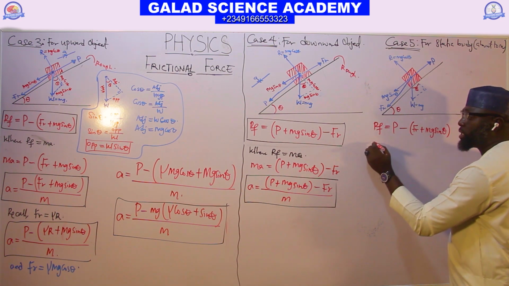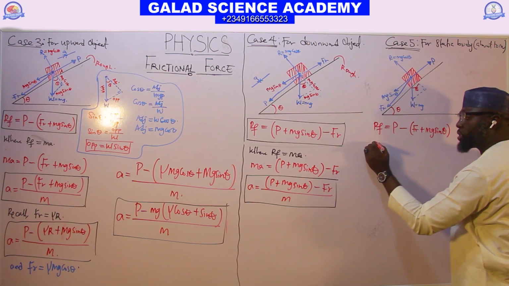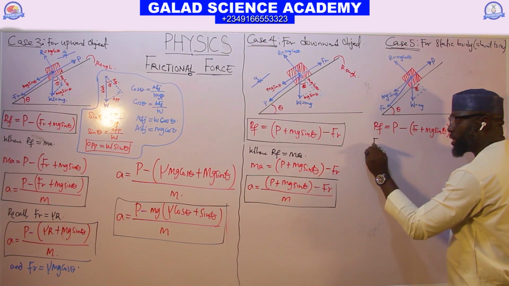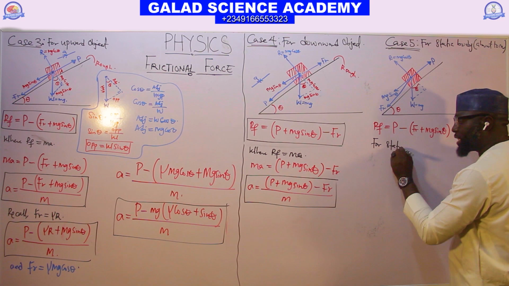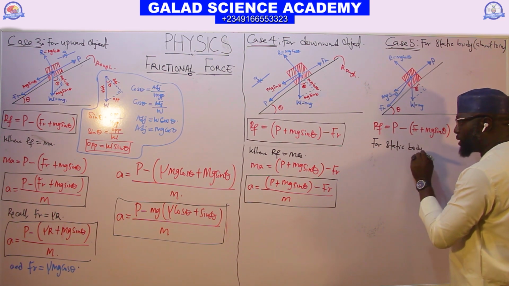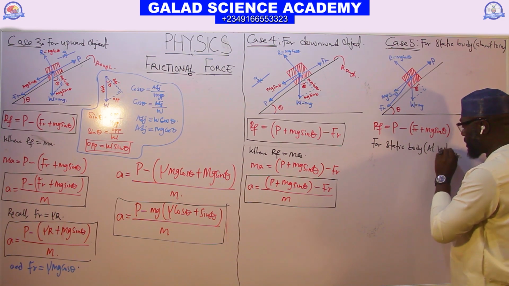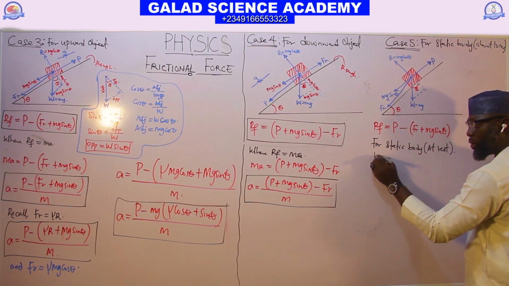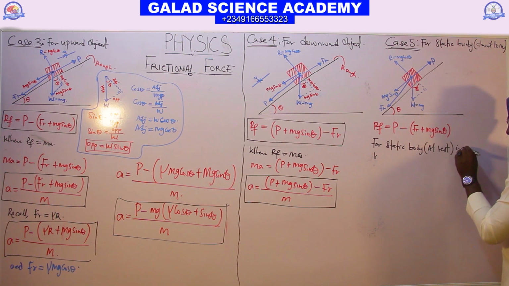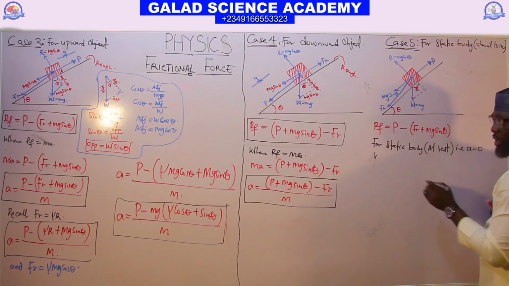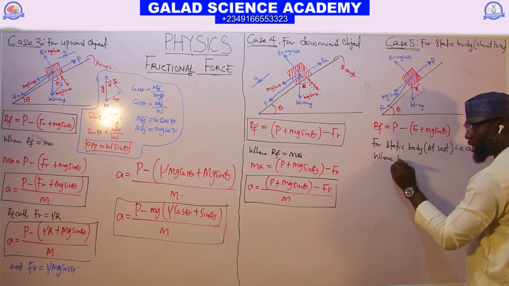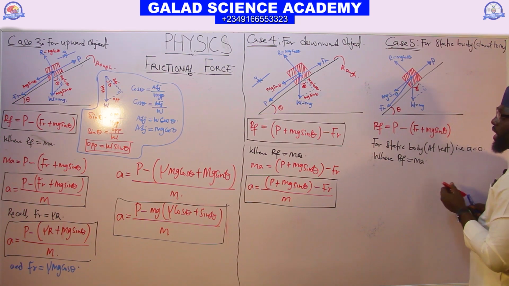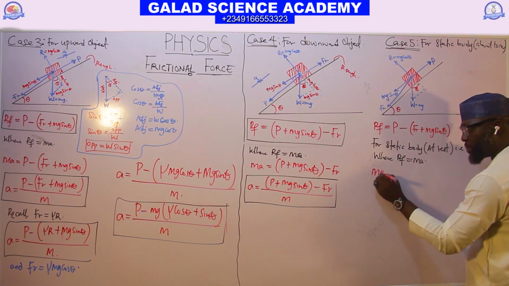But note that for a static body, a body at rest, the acceleration is equal to zero, and the resultant force equals ma. What are you going to have? You will have ma equal to the